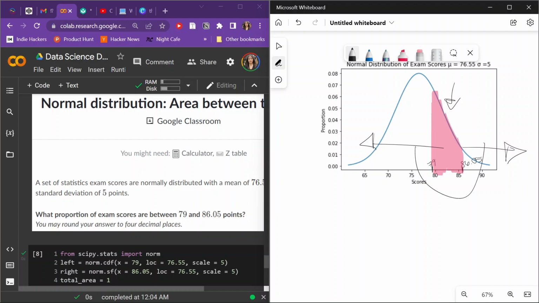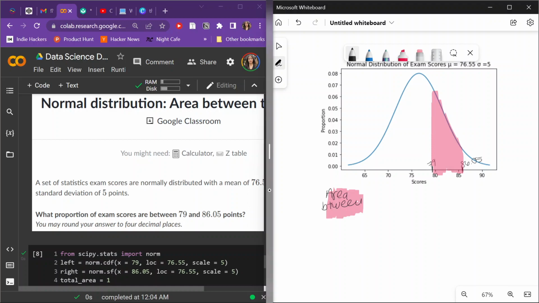So essentially what I had to do in order to get the area in between, that is not how you spell between. I can't even spell. Hold up. Let me put this as a 2. Alright. Between the 2 points, area between